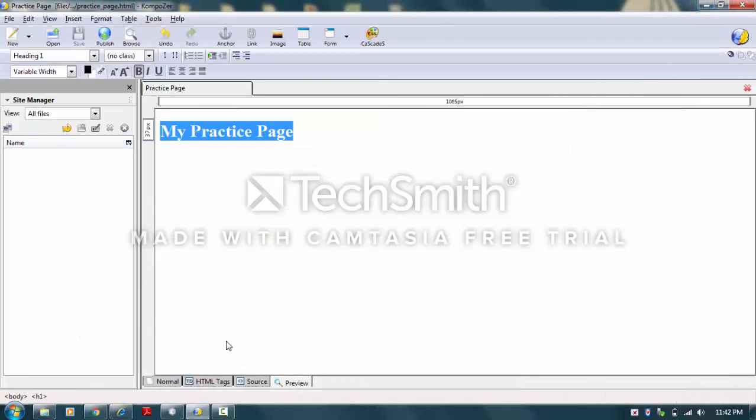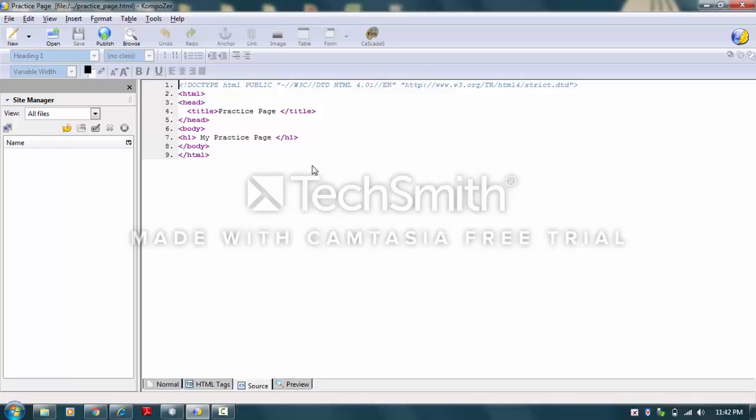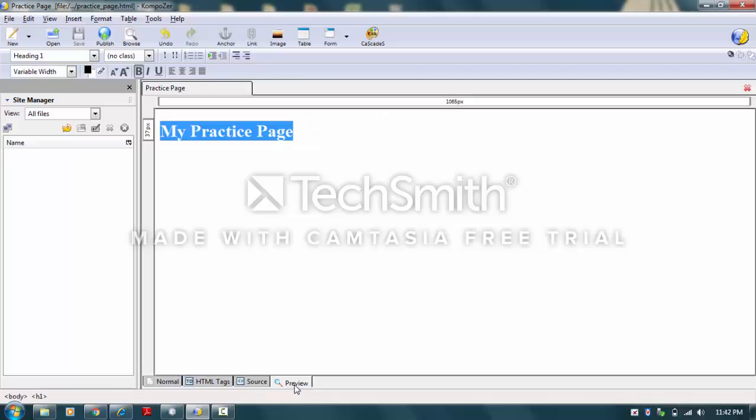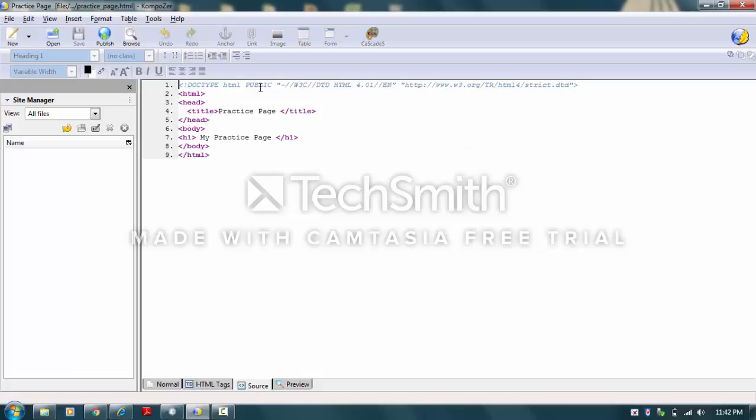So I'm going to do a couple other things in here just so you can figure out how. Whenever I'm working, usually I leave my browser up, but if I'm in a program like Komodo Edit or KompoZer, it allows me to preview inside of the program, so I can quickly save and refresh and see my updates, right? So let's say I want to go into my source code,